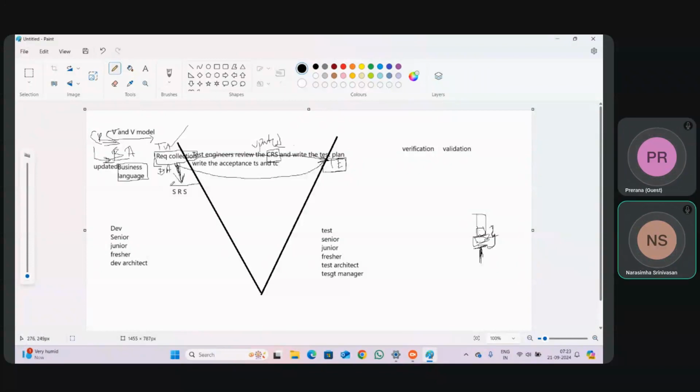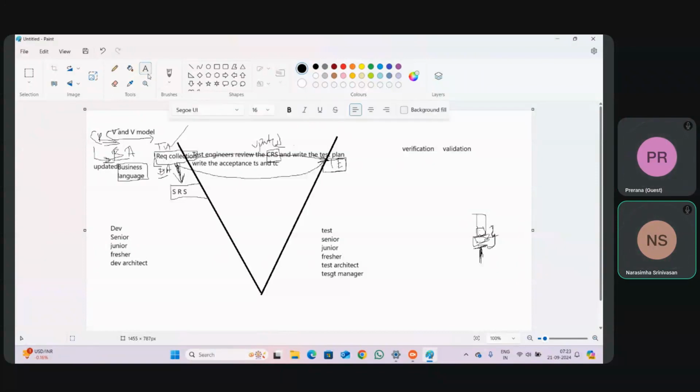I told you developers, or somebody in the IT company, need to understand what it is. I told you in the previous class how to convert business language into software language. So the business analyst started to convert the CRS into the SRS.